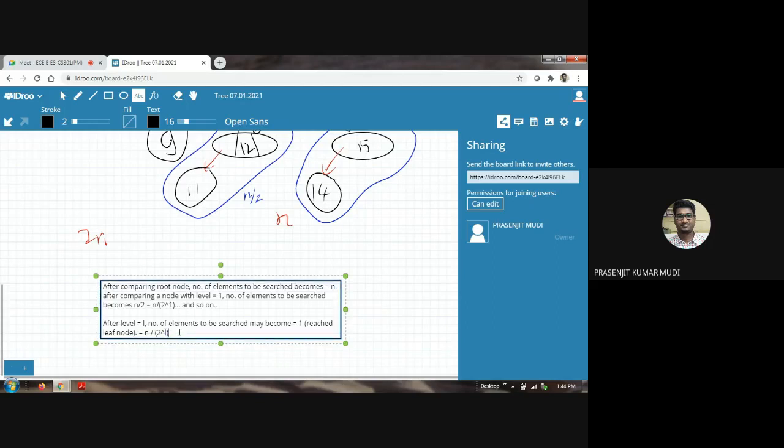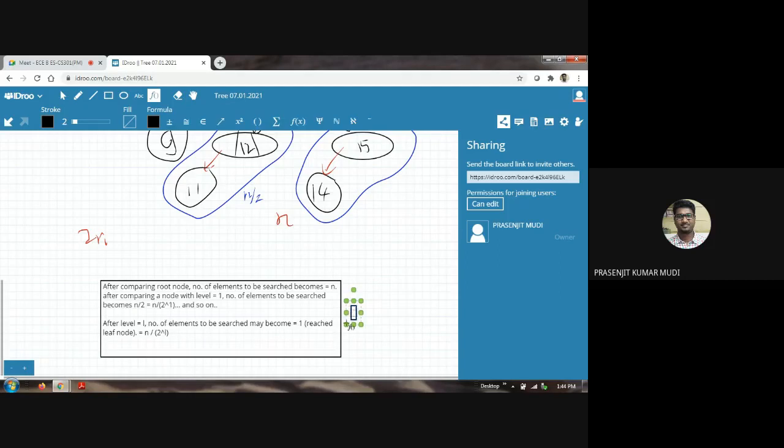So ultimately what we got is that n by 2 to the power of L ultimately becomes equal to 1.